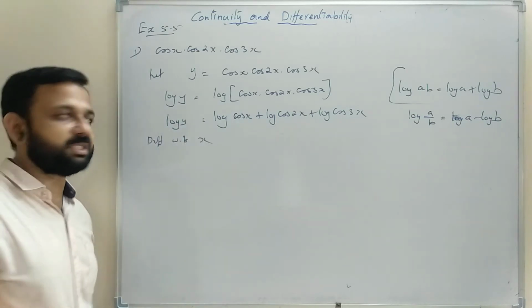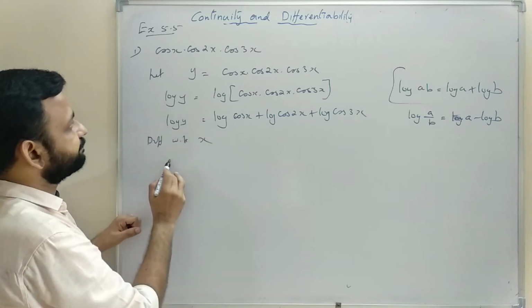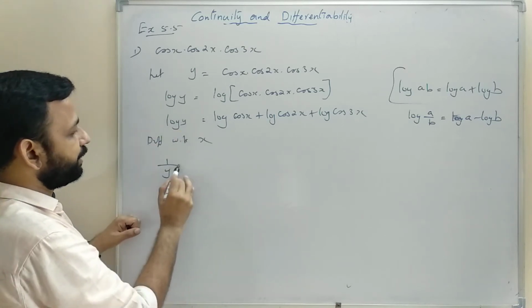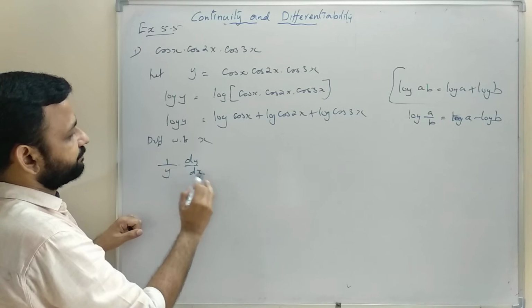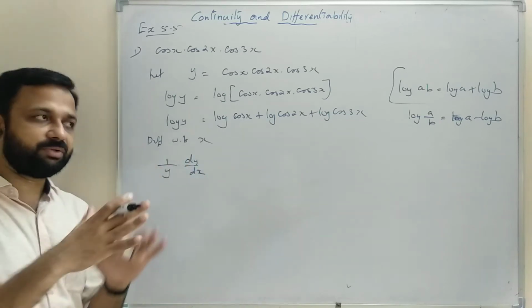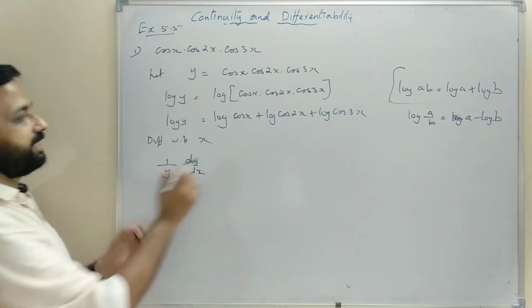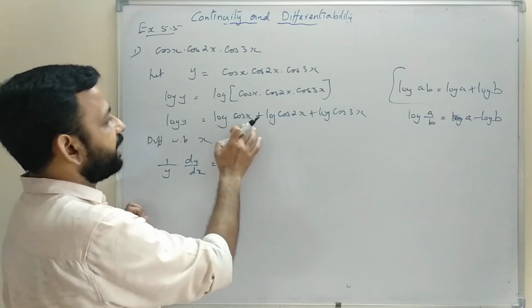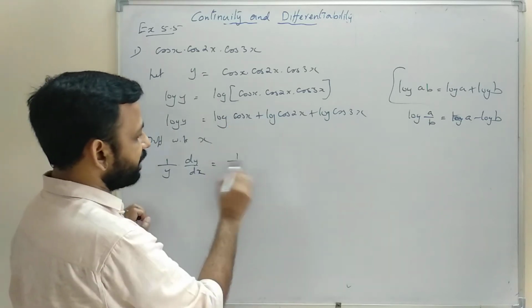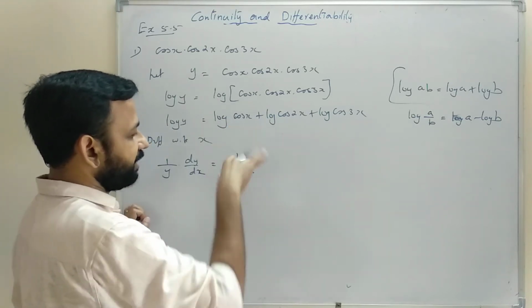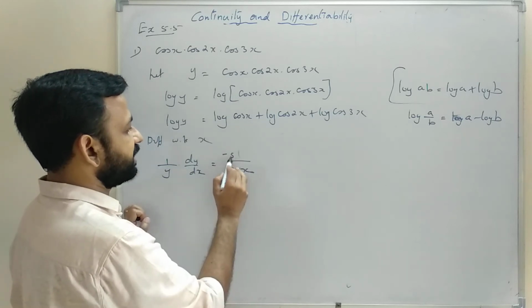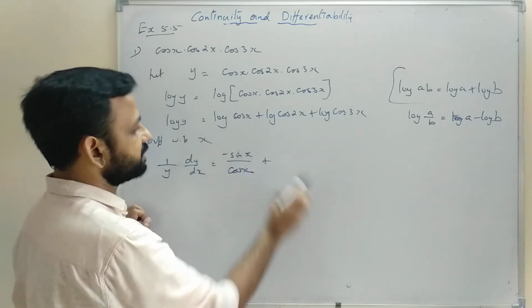We can differentiate with respect to x. Derivative of log y is 1 upon y into dy by dx, equal to the derivative of log cos x, that is 1 by cos x into the derivative of cos x, that is minus sin x, plus